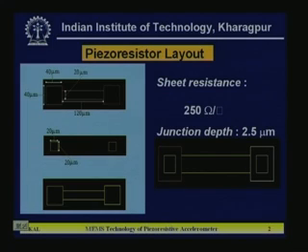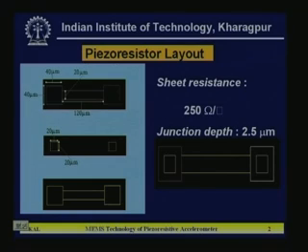technology development. Now for the layout of the mask, first you have to design the piezoresistance, and so far as the design is concerned it is the same as the resistor design used in integrated circuits. Already you know how resistors are designed in ICs. You have to know the sheet resistance of the layer which will give the desired resistance value. Now if you know the sheet resistance, then you have to select how many squares are required to get that resistance. And in our design we found that our resistance value is nearly 1.5 kilo ohms, in that